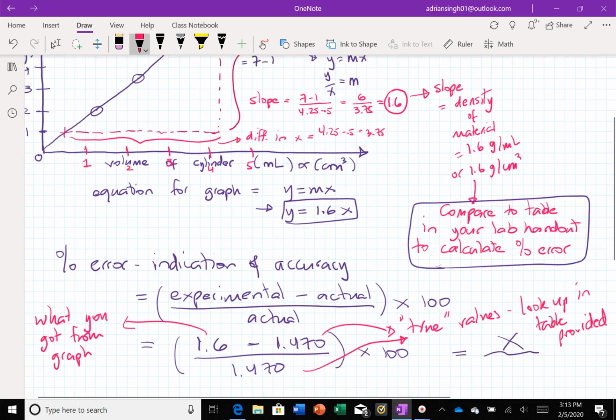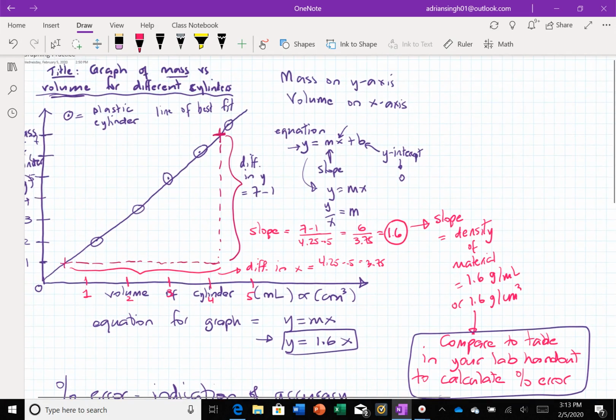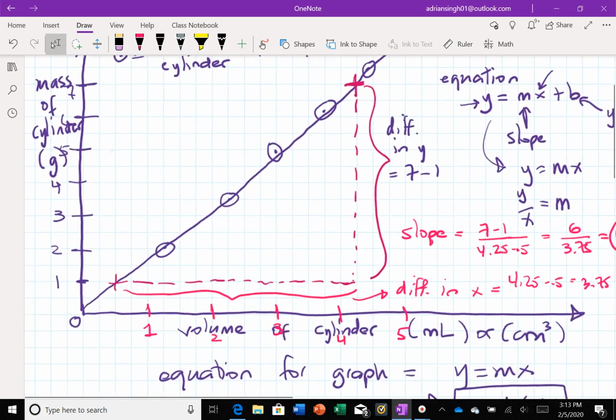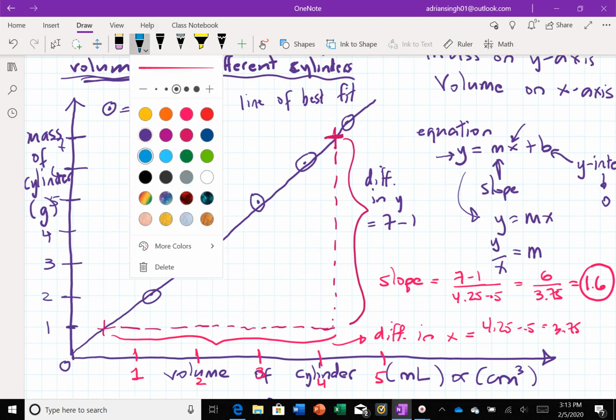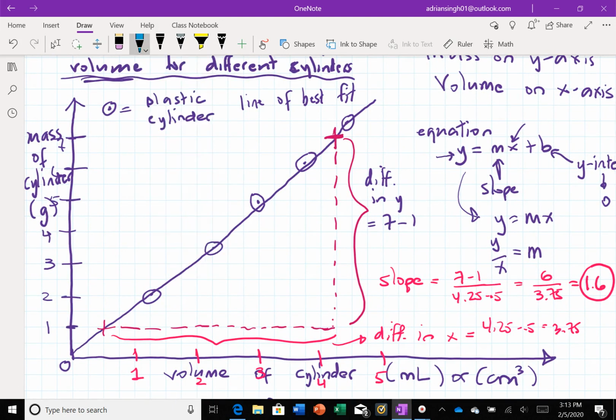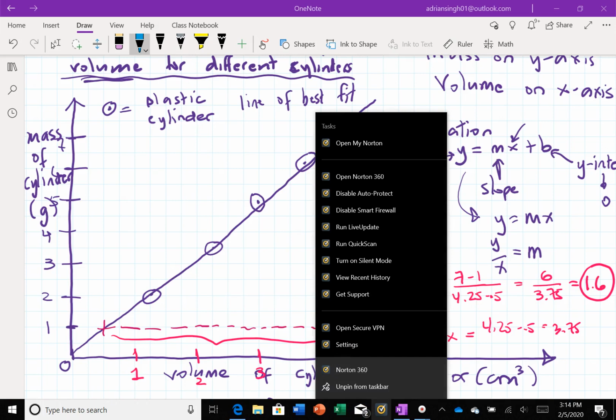Okay, so you can do that for your first set of data points for one of your materials that you used, and then on the same graph you're also going to plot the data for the second set of cylinders that you measured the mass and volumes for. You can maybe do it in a different color, or you can do a different notation for the data point. So for example, I'm going to do this in blue,